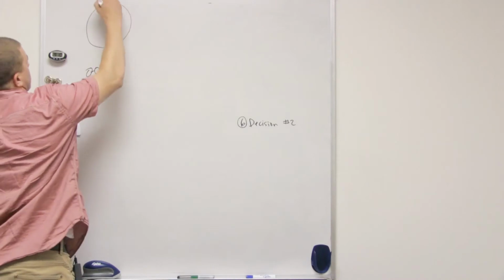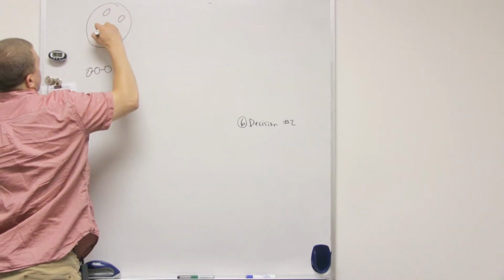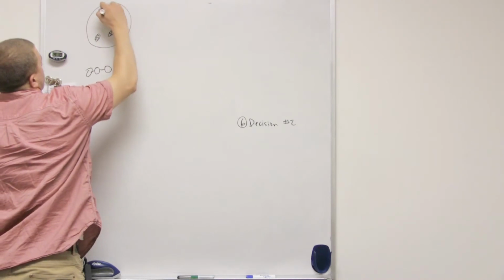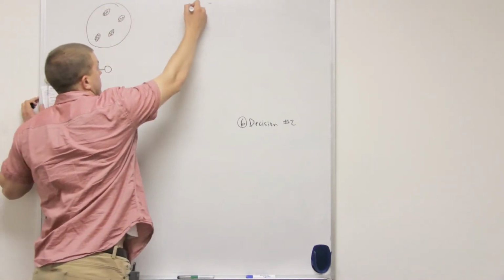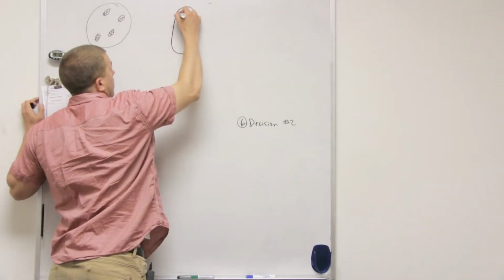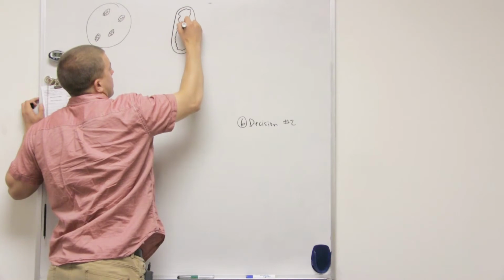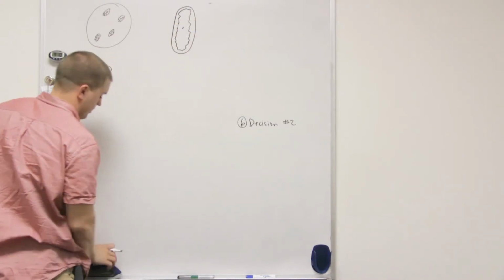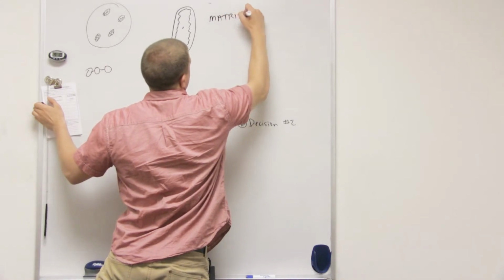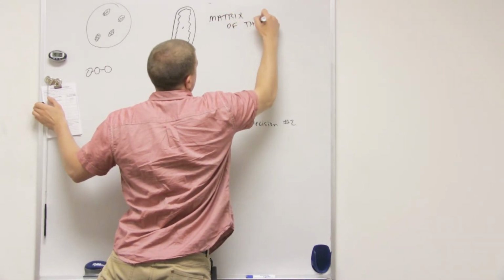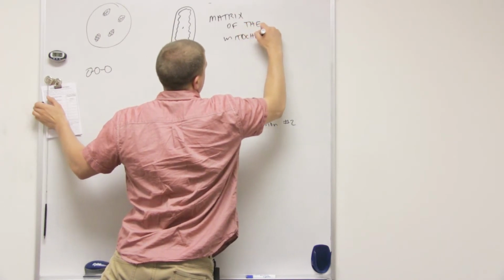And if we're drawing out the cell, we have mitochondria throughout it. We're going into the middle of the mitochondria. We're just going to go inside here. That's where it's taking place. And it's called the matrix of the mitochondria,